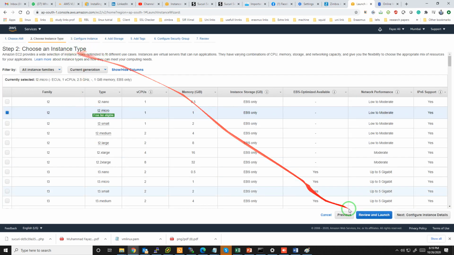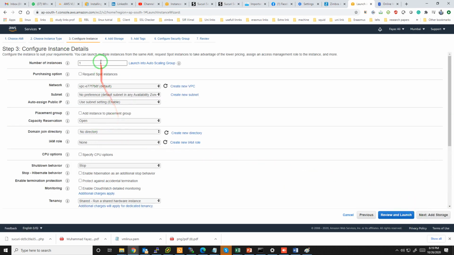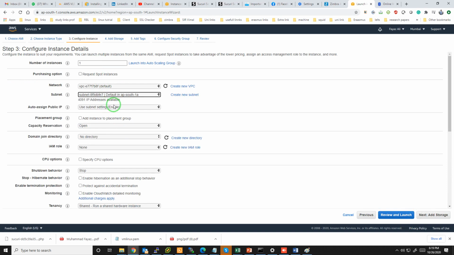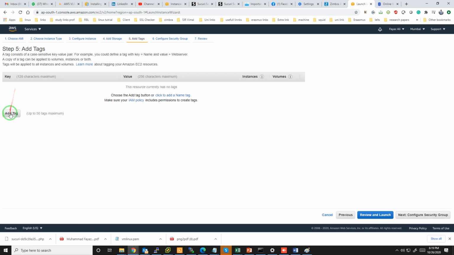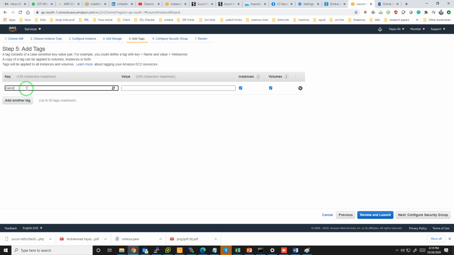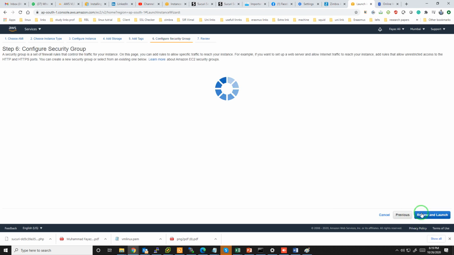After that, the EC2 instance type, T2 micro, then I have selected my subnet, then the VPC. If you want to know what a VPC is, you can check my video on it. Then add storage. I'm just going with the default, and I just add the tag here, web server 1. Then go next.